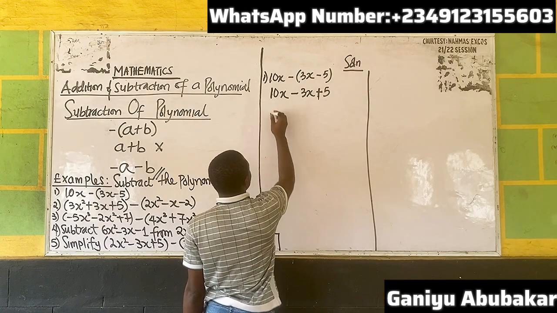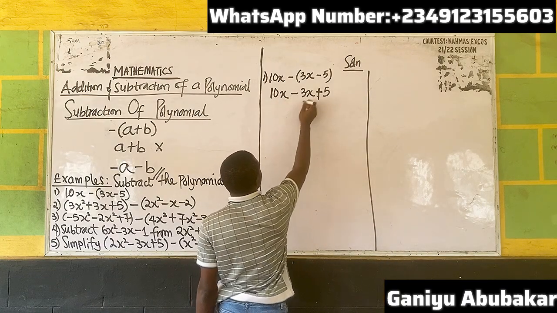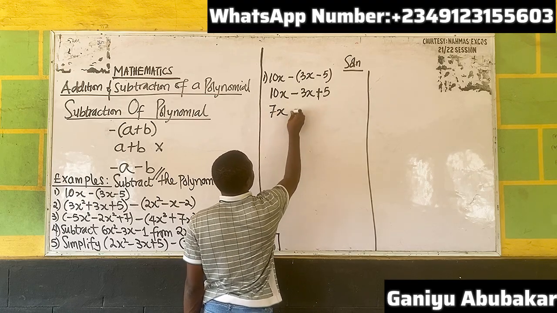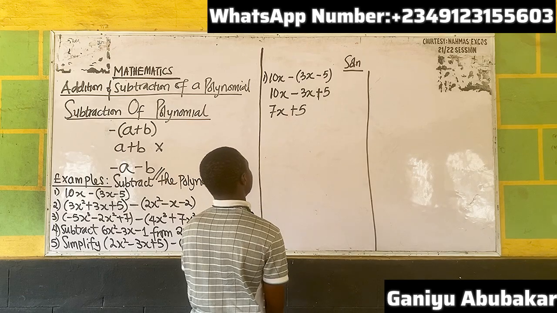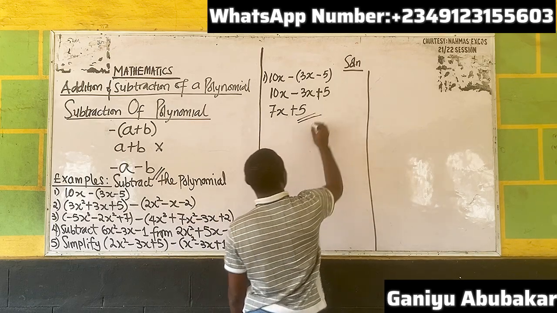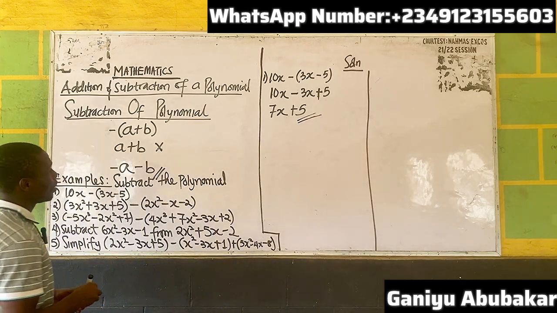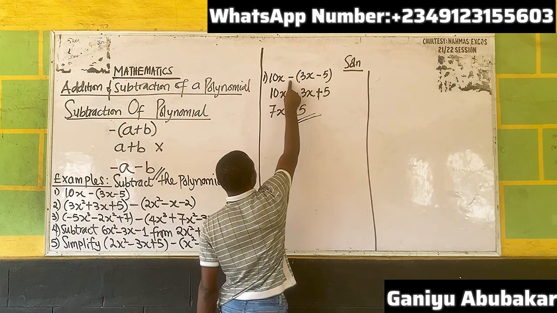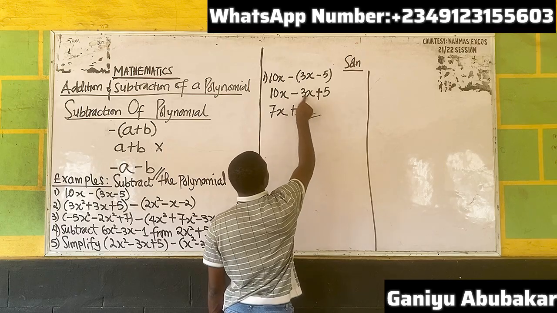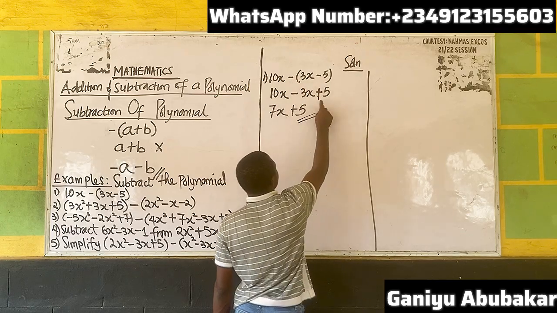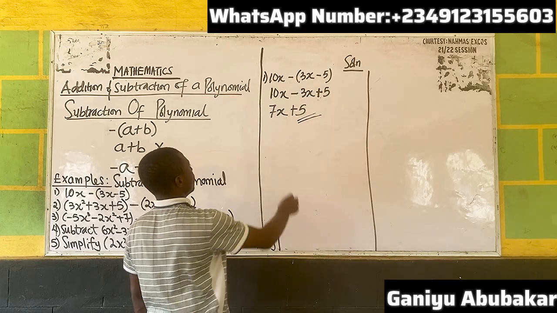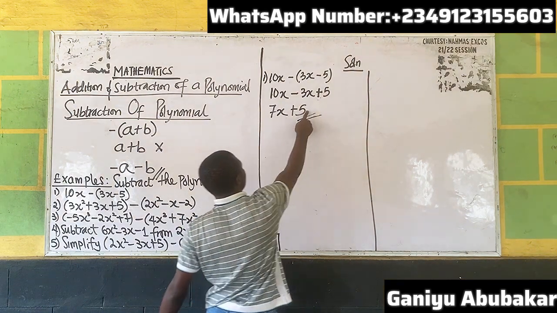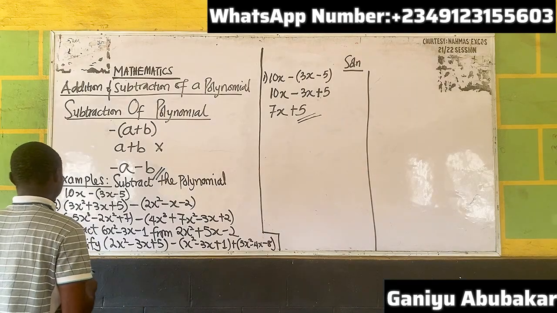If I collect items, it gives you 10x minus 3x. That gives you about 7x plus 5. Right? So this becomes your simplified answer to this question 1. So just expand: negative times 3x gives negative 3x, negative times negative 5 gives positive 5. All right, so this and this can combine, can subtract, that gives 7, then plus 5 gives you plus 5 here. Next up, number 2,